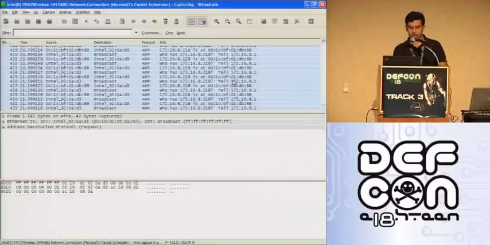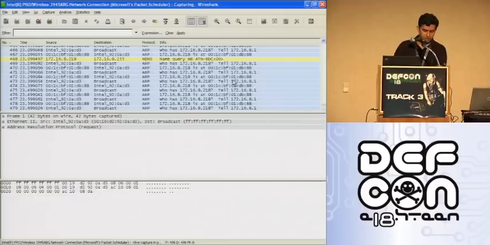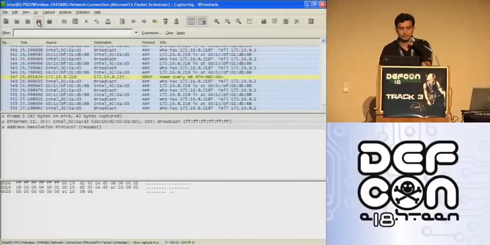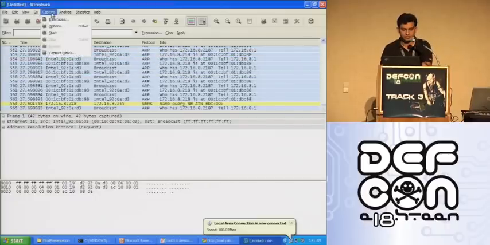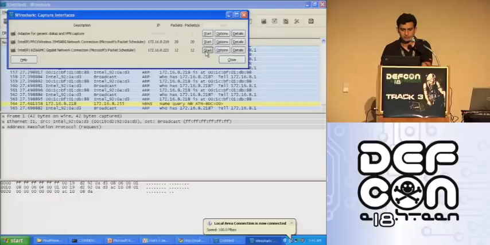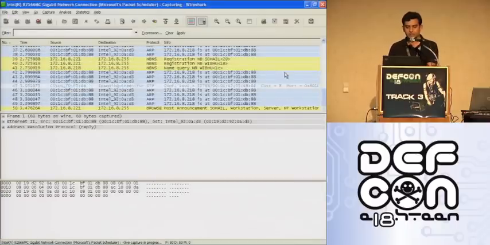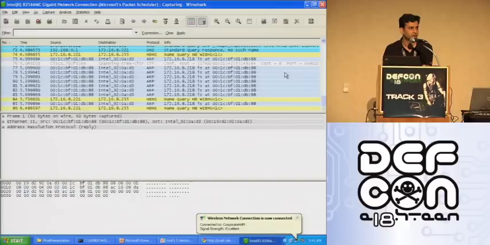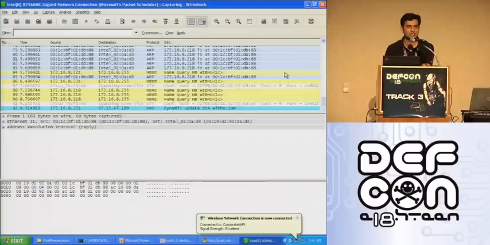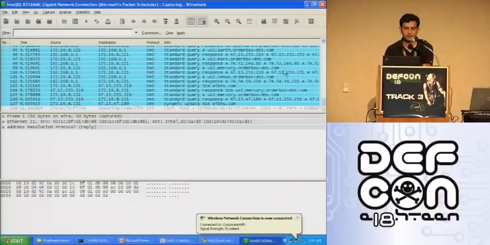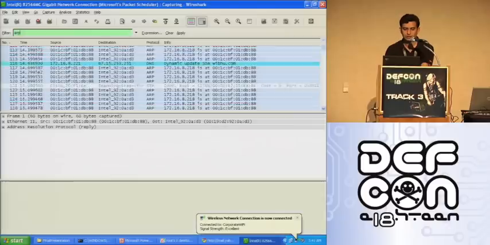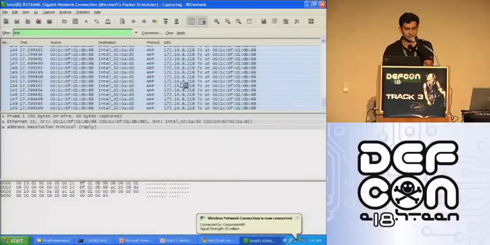Now let me quickly connect a wire and we will sniff what kind of traffic is flowing on the wire. And here you can see there is no broadcast ARP request packet coming on the wire. The packets which I was injecting are directly going over the air. These are the responses sent by my client device. So the footprint of the attack is available only in the air. It's not available on the wire. Okay.